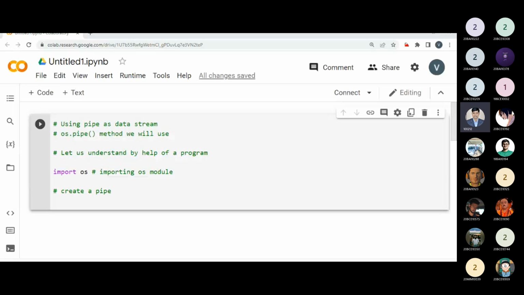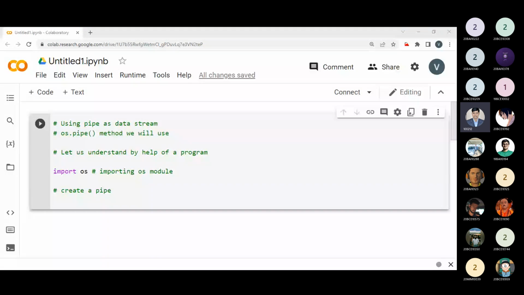A pipe is a method to pass information from one process to another process. So how can we create it? With the help of the pipe method we can do it. So if I'm writing os.pipe,